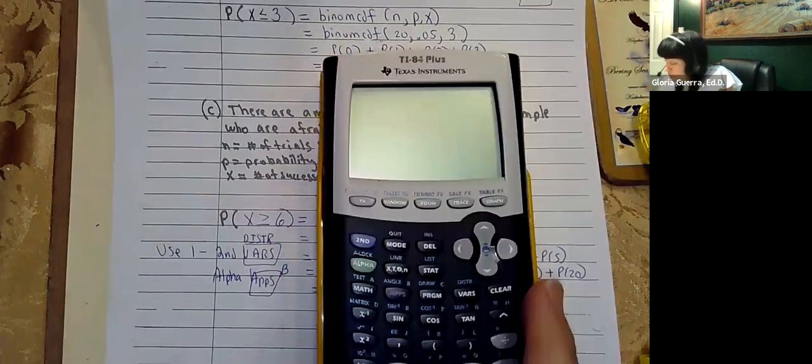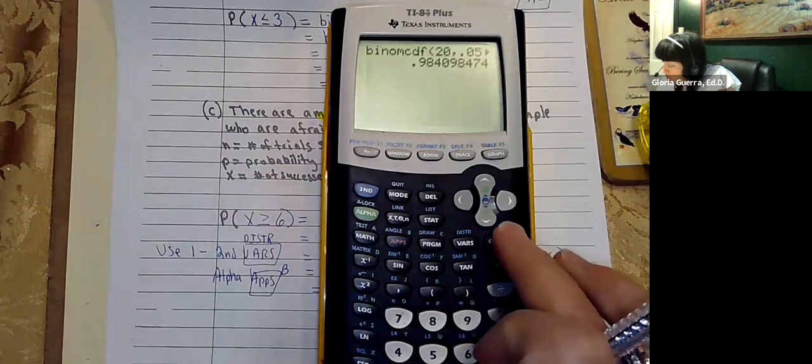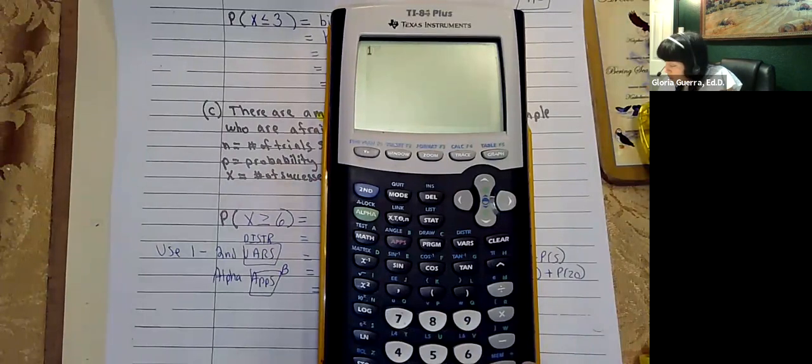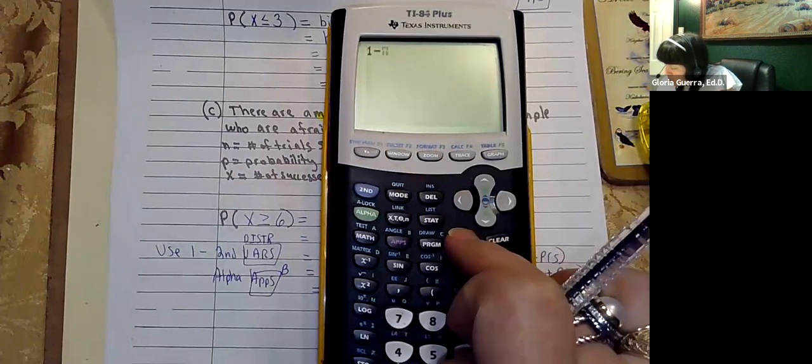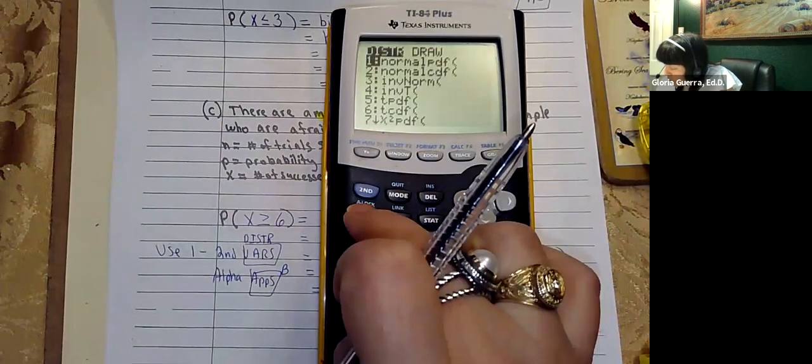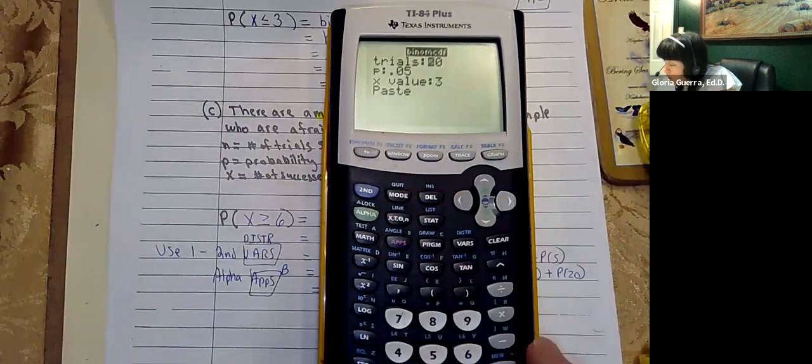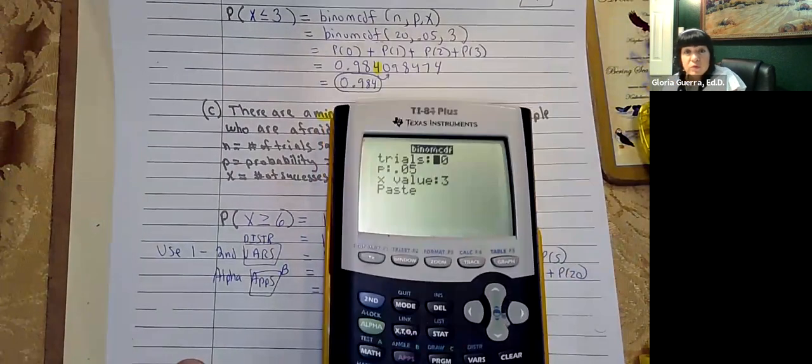Okay, so turn this thing on, clear this. Okay, so remember, one takeaway, you can't forget that. Second vars, alpha apps. Okay, and then the trials are still 20,